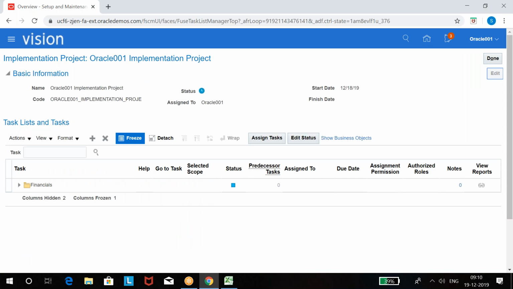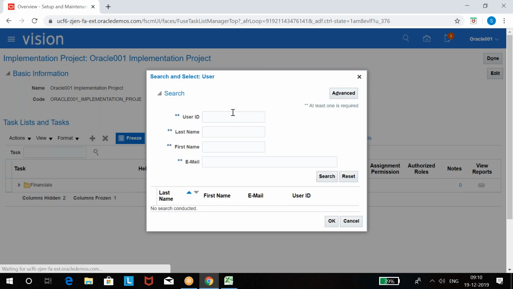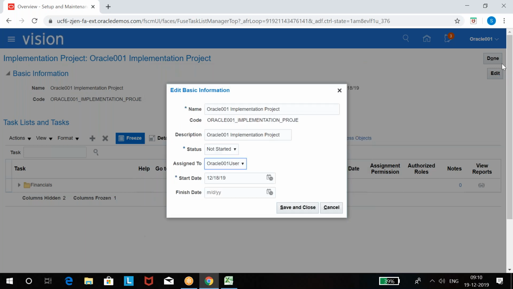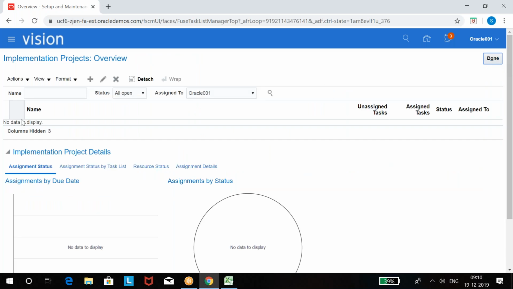Edit, and change this username. See, guys, this user doesn't have any project now because it is removed.